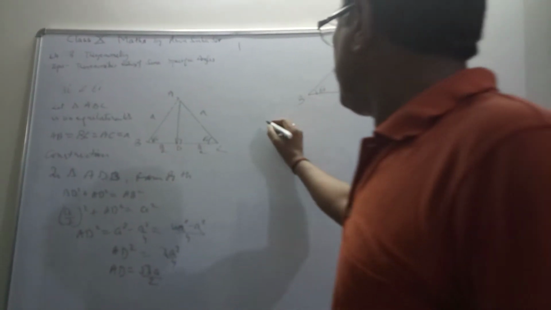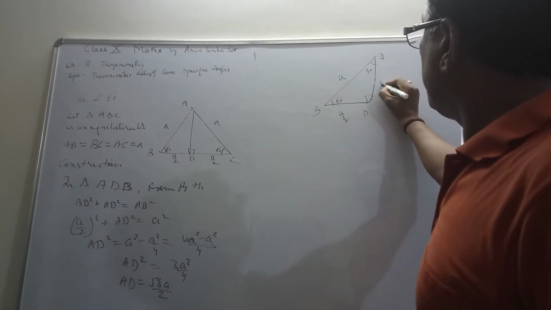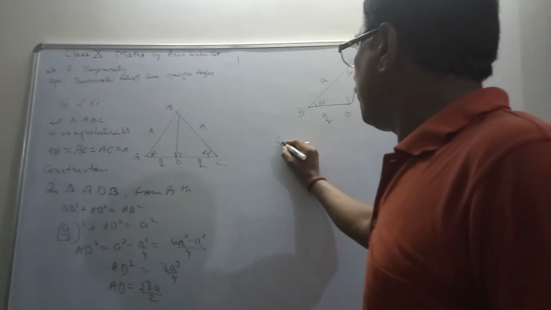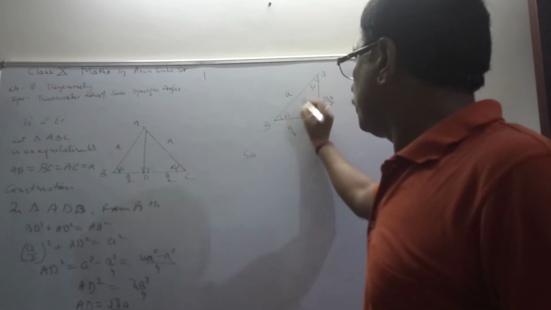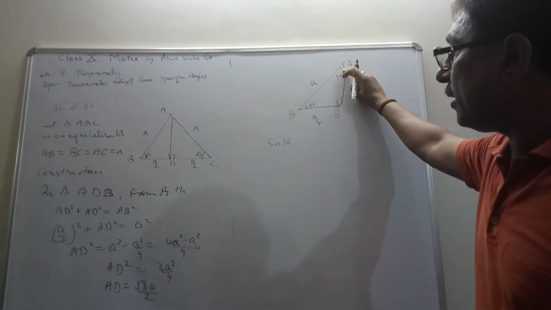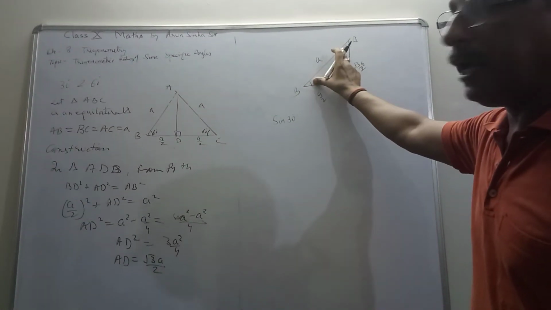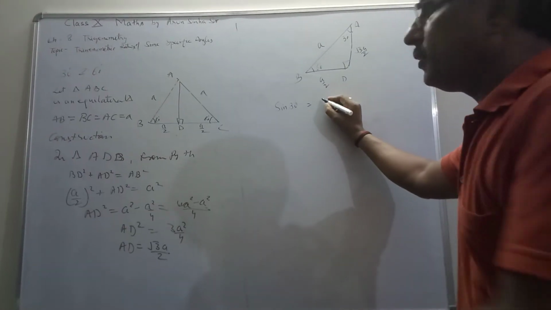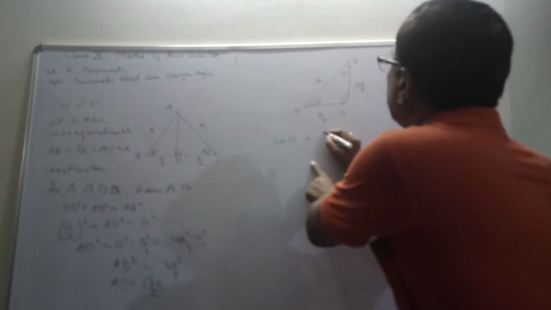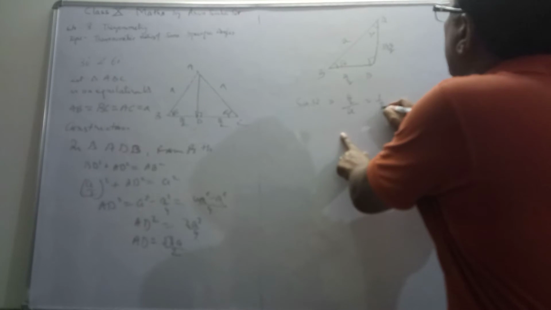Now we have to find the value of the ratios. Just put the value, this is your A, this is A upon 2 and this will be your root 3A upon 2. Okay, children. So if you have to find the value of sine 30 degree, can you see, children, sine 30. This is the base angle. So this will be your base, this is your perpendicular and this will be your hypotenuse. So you know sine is what? Perpendicular upon hypotenuse. If this is the base angle, this will be your perpendicular, A upon 2 upon A. So cancel A, you will get 1 upon 2.